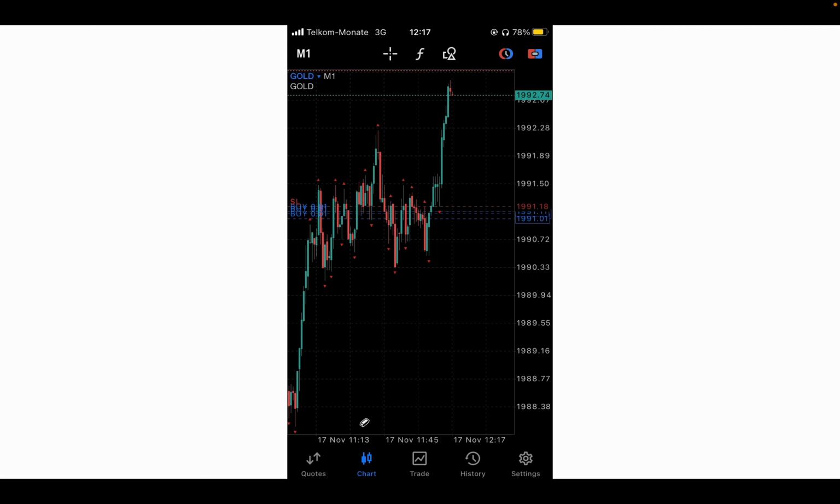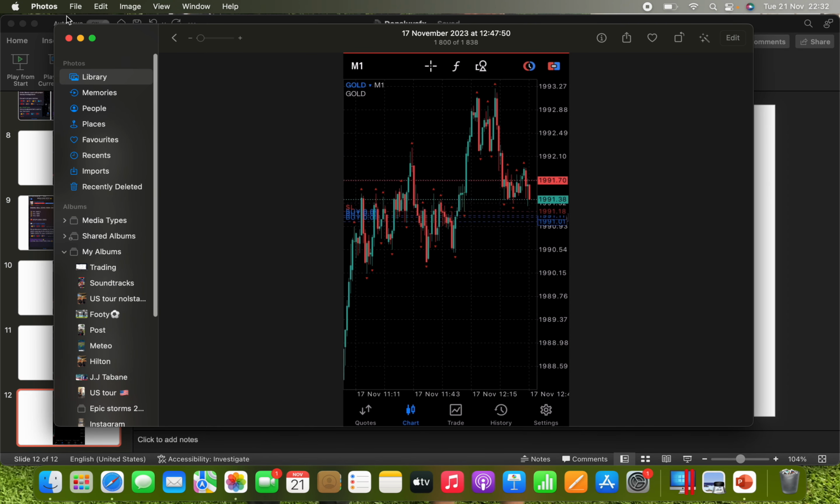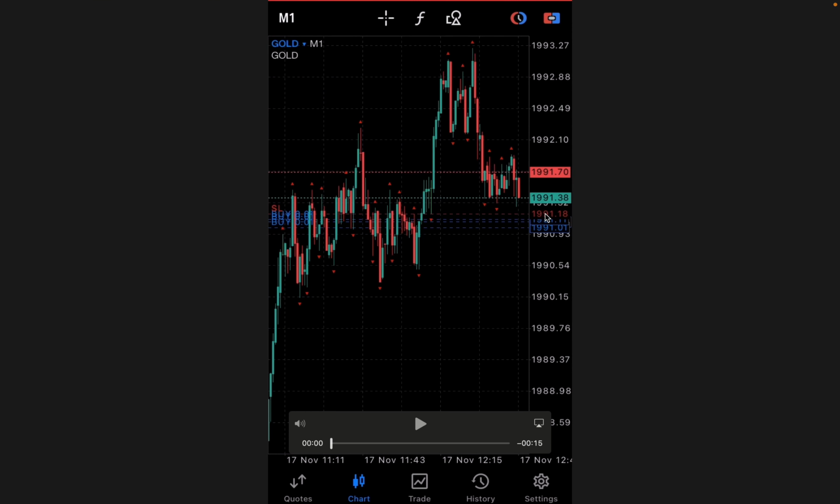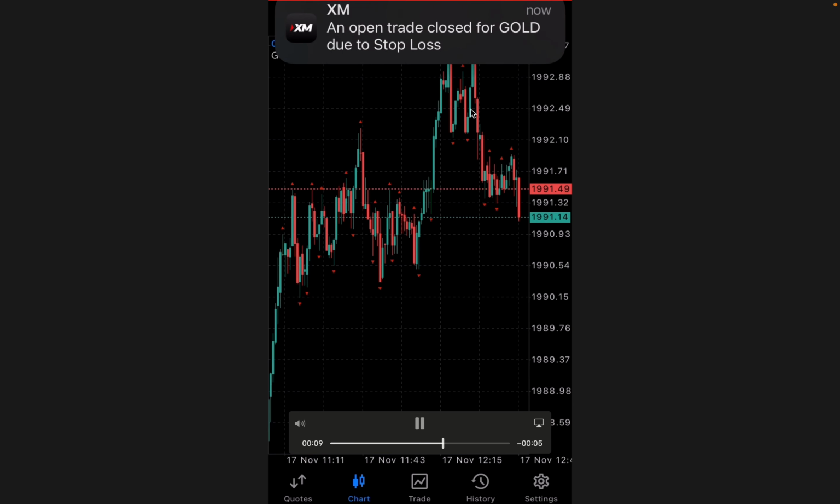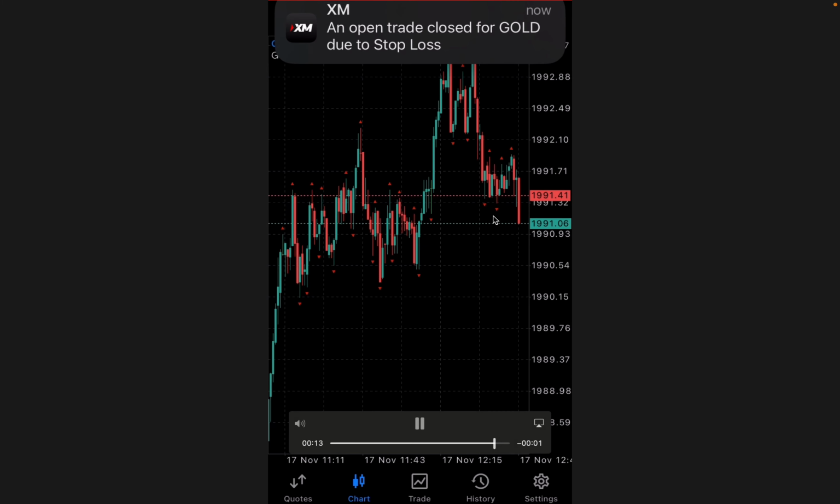And guess what happened to this trade? You wouldn't believe what actually happened to this trade. I think this is the end of the slideshow. Guess what happened to that trade? I'll tell you what happened to that trade. It actually came down and it actually hit me out at break even. So it didn't carry on going up. It took me out, as you saw right there. As you can see, open trades closed for gold due to stop loss. And that was the trades that I was talking about there. It took me out of the market,